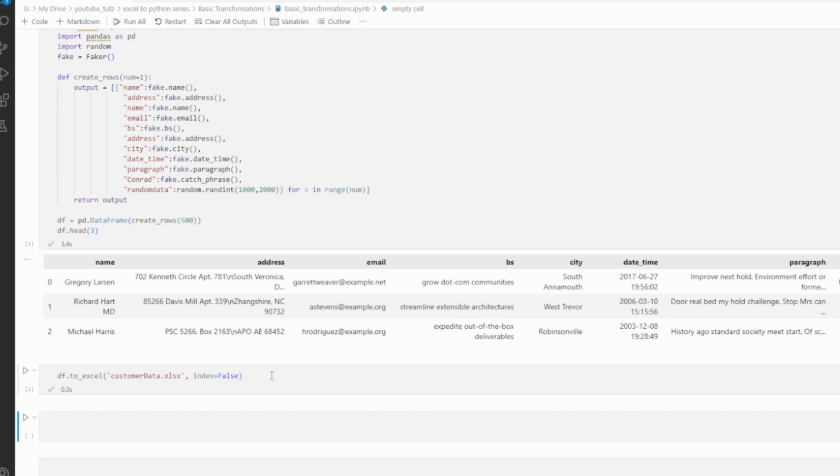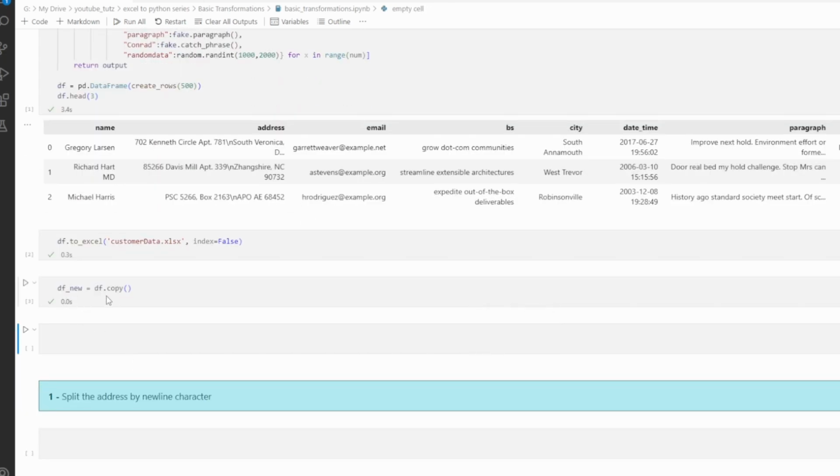As a good practice, I always create a copy of the original data frame. This is helpful when exploring data. So if something goes wrong, we can create a copy again without having to load the file again. Especially helpful if the file is large and takes time and resources to load. Copying a data frame is very simple. We do that by simply typing the new data frame name and putting it equal to the old data frame and then just adding .copy, and we get a copy of the data frame. Let's run it. And we now have a new data frame as a copy of the original that is called df_new.